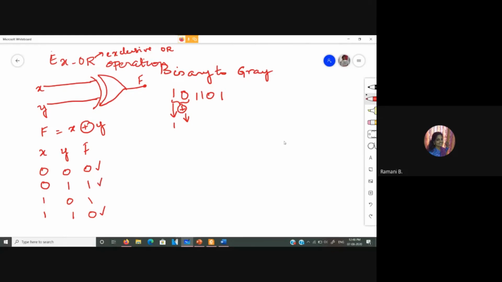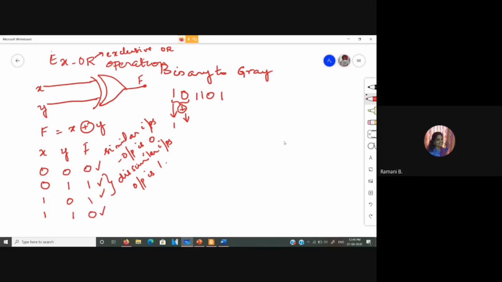If you have dissimilar inputs, the XOR operation gives you a 1. So similar inputs, output is 0. Dissimilar inputs, the output is 1.